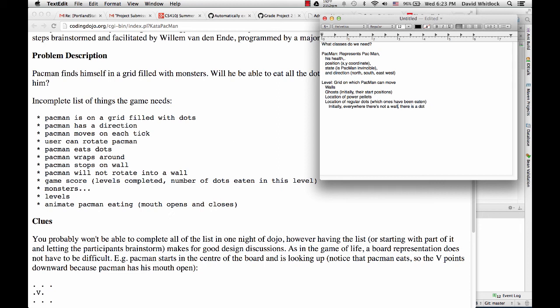Yeah, I like that. Or a power pellet. There's a dot. What else?